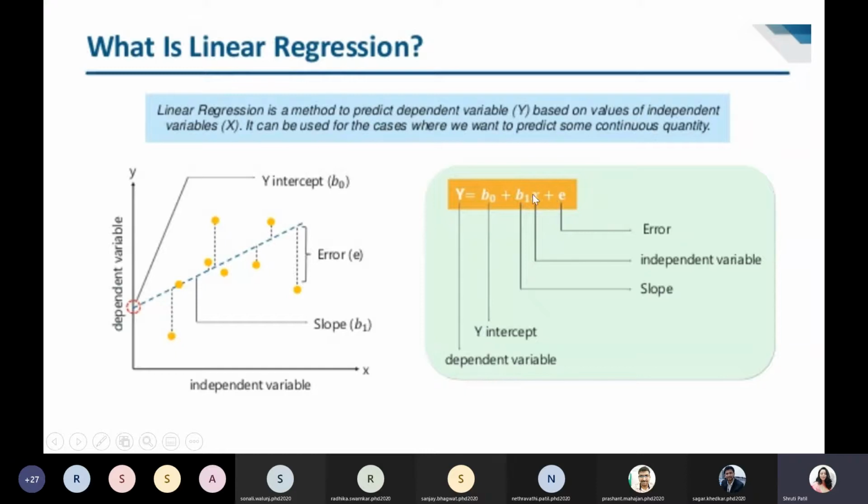Now x is independent variable means what? It is nothing but your feature value, right? Which is stored in your data set, right? Whereas b0 is nothing but the value where your dependent, that is target variable, and independent variable are getting intersected. It is that point. That is, it is the next predicted value.